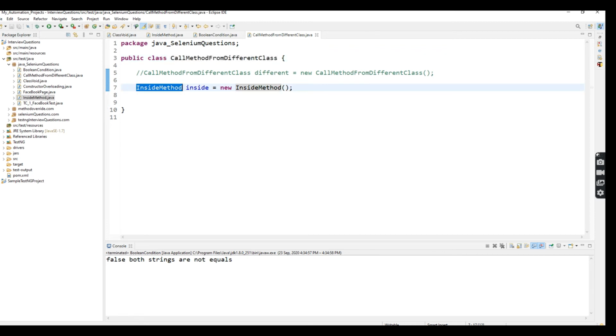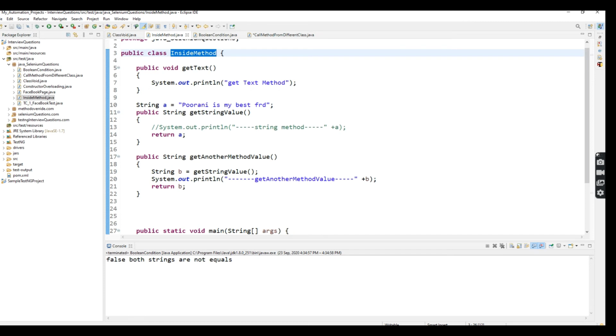So now what I'm going to do is access the methods file, right? So here I've successfully created a reference for this class file, because I'm going to access its methods.